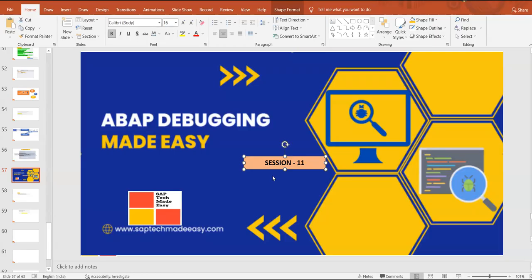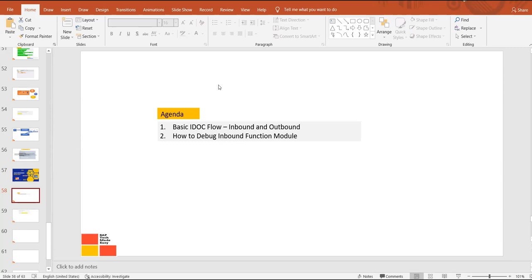This is an extension of the course. We were supposed to complete in 10 sessions, but we were not able to. So we are conducting this session, one session for debugging the inbound IDOC and the second session for debugging the outbound IDOC. If again required to extend some more sessions, we will do that. So here the agenda for today's session is